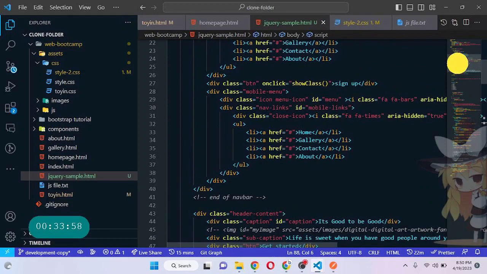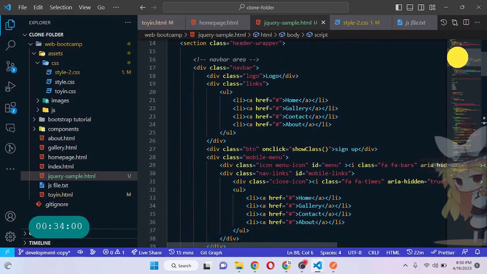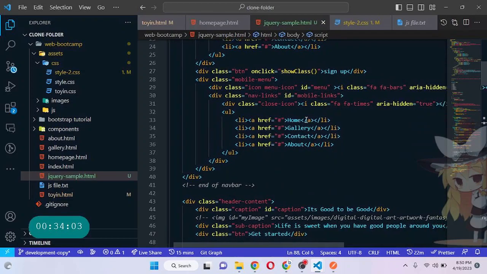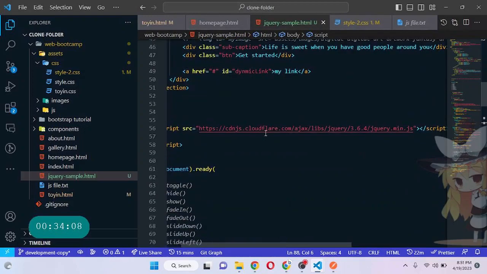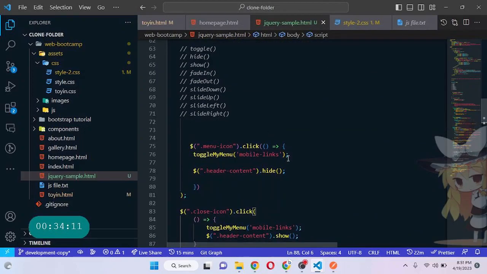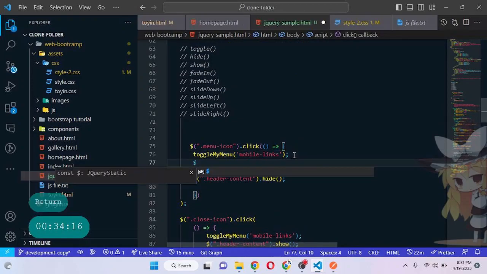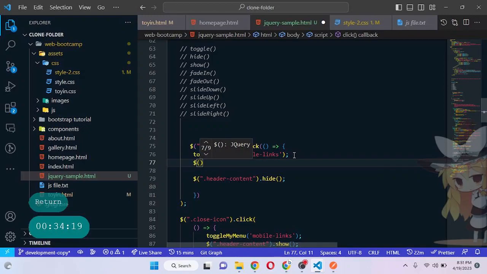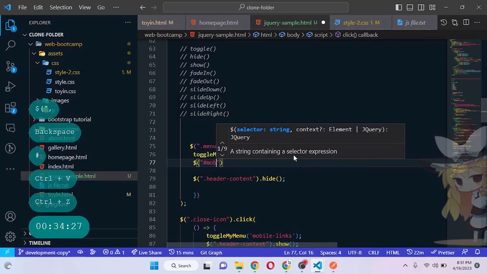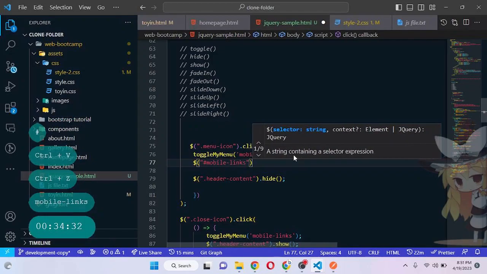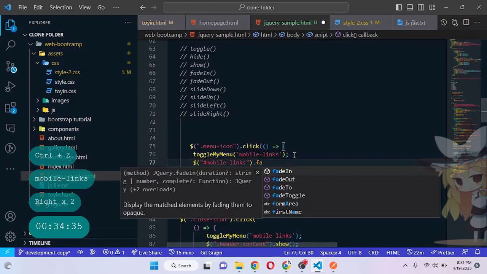So we can just come here. Let's look at the ID or class that controls that. Sorry, I think this one here, mobile links, that's the ID. So we can now go back to our jQuery here. When we click on this and the thing shows, we want it to fade in. Our query selector here, I think it's ID, so I will use this: mobile links, then dot